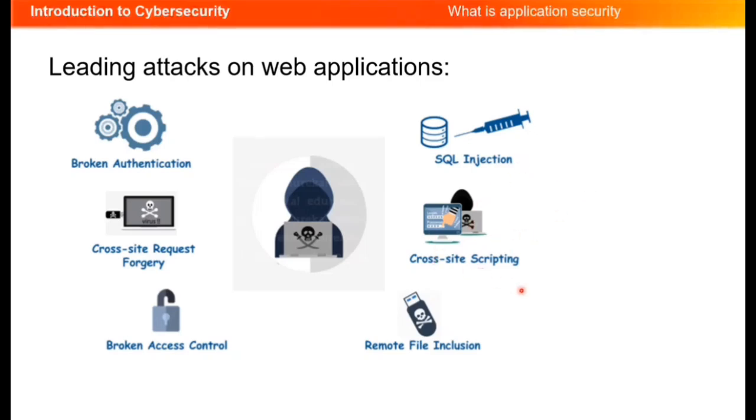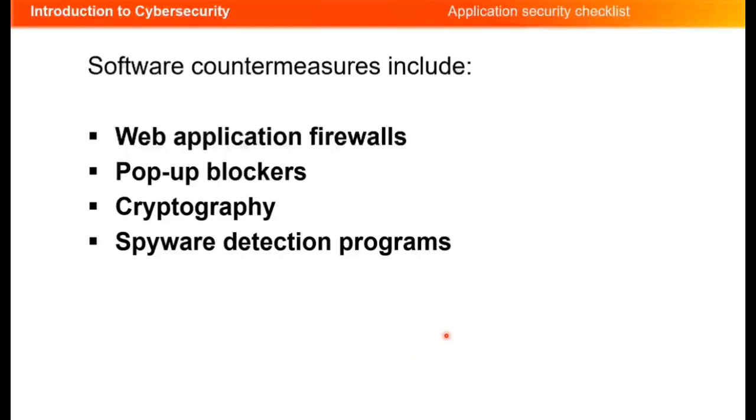Cross-site scripting involves injecting computer code, web browser scripting code, in the hope of getting some information, maybe on the names of some databases or on other key aspects of the application that can be exploited. And remote file inclusion would be to try to get the website to execute a file that could potentially provide access to a malicious third party.